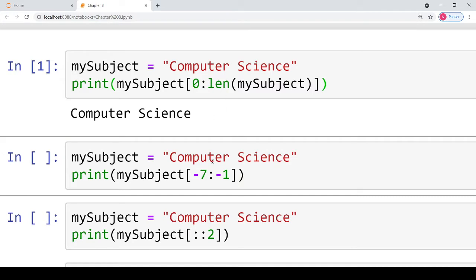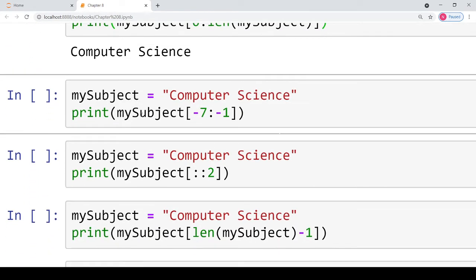Coming to the second part, it says print the part of the string starting at index value -7 and going till index value -1. Basically the last index is not included, so we have to print the string starting from the location -7 till -2.